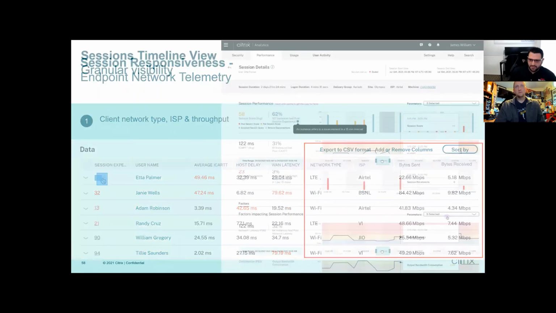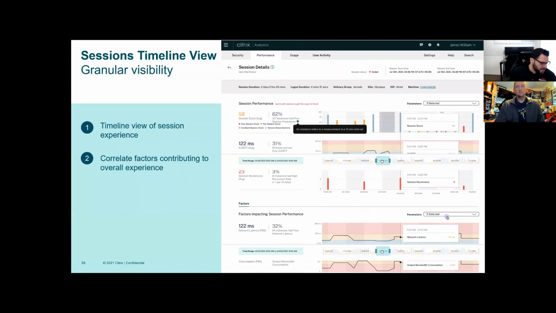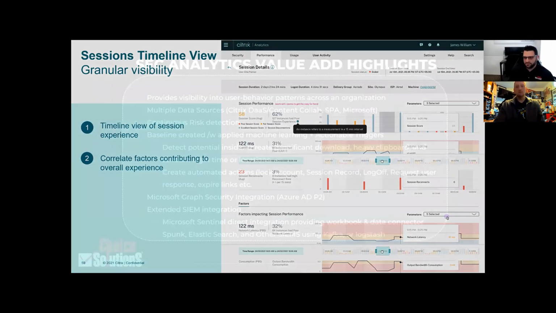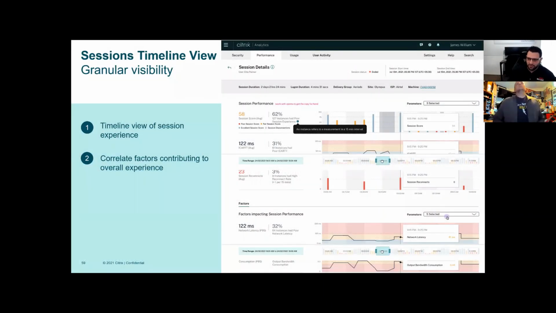Yep. And the last one here is just around session timeline view, right? This is really, really helpful. It's a full historical timeline for your actual session. So you can go look through, if it's an 8-hour session, drag the timeline and look at the latency across the whole entire session. Very, very powerful from an analytics standpoint. Security analytics, I'm just going to